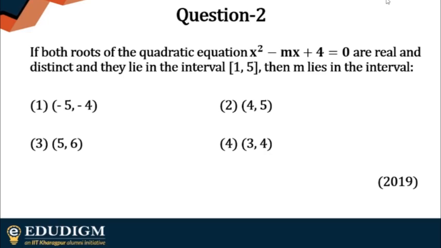Okay, I already got an answer from Mahek. Mahek says it's 4 comma 5. All right. Let's just see some other answers. And there's one thing I would like to tell you people. You have actually known this, the sum or product of the roots, or how to find out the roots, etc. The perfect square method or the Sridharacharya method. I'm sure you're familiar with this. In your 7, 8, 9, 10, you have done a lot of these things. But especially in 11 and 12, what we focus on is the graphs, the equations, the position of the roots, or also the value of the quadratic expression, positive or negative, etc.